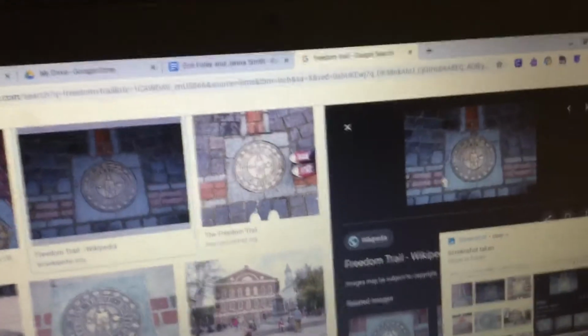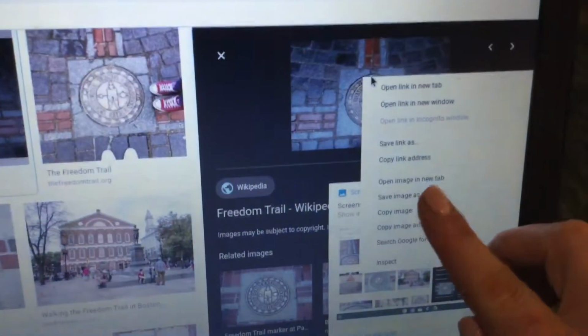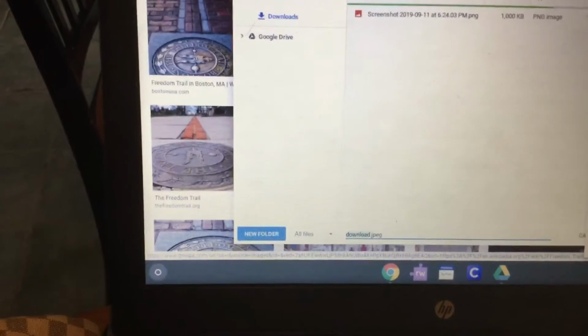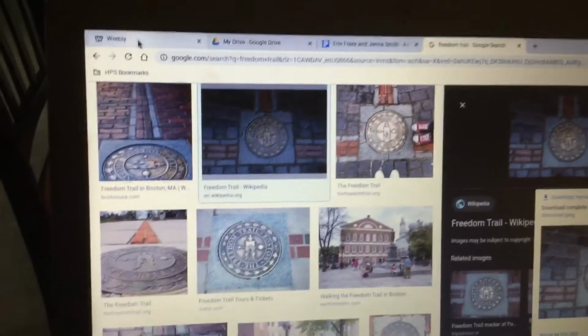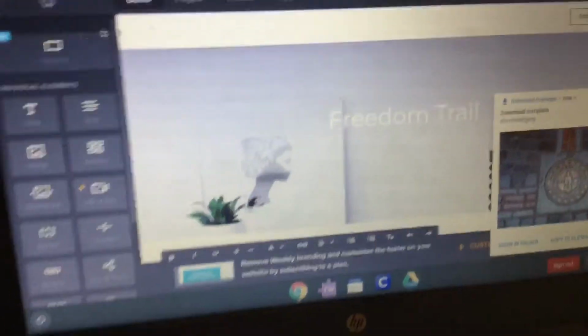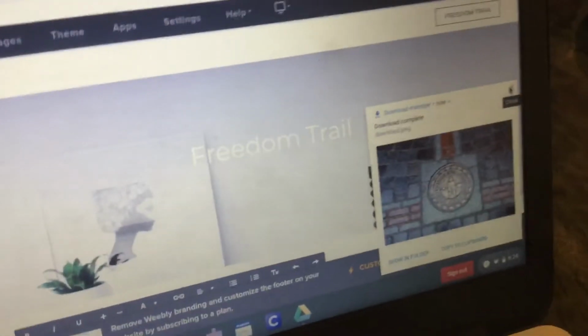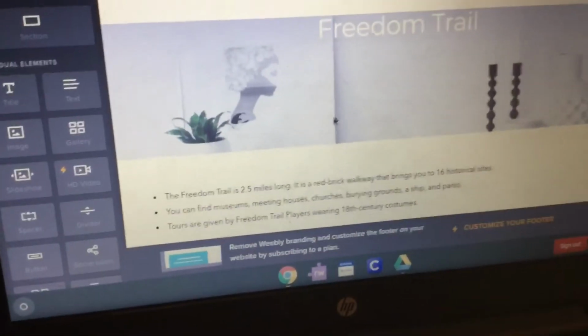So what you're going to do is rest your pointer on that larger version. You're going to 2-finger click on your touchpad, and you're going to choose Save Image As. So then from here, you're just going to go ahead and click on Save. And then from here, you're going to click back over to Weebly, and then you're going to just scroll down a little bit so that we can see. I'm just going to exit out of that. You don't have to exit out, but anyway,